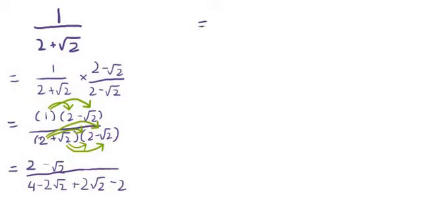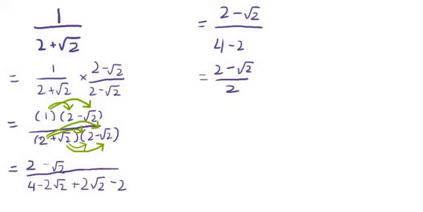So moving that up here, it would be 2 minus root 2. You cannot simplify the numerators yet. Over, so the minus 2 root 2 and the plus 2 root 2 cancel out, leaving you with 4 minus 2, which is 2, over 2. And you can't simplify the root 2 any more, because you might think you could simplify this 2 and this